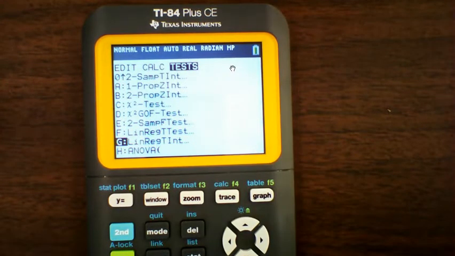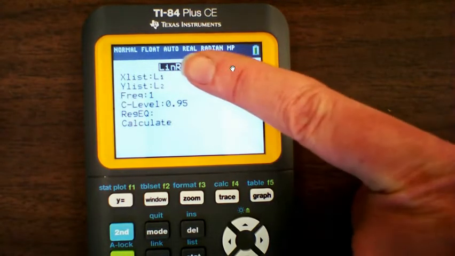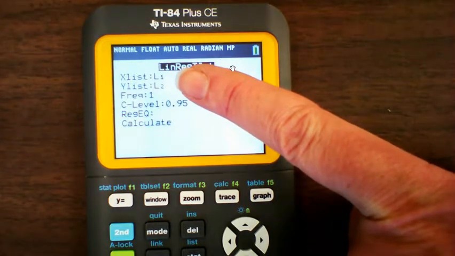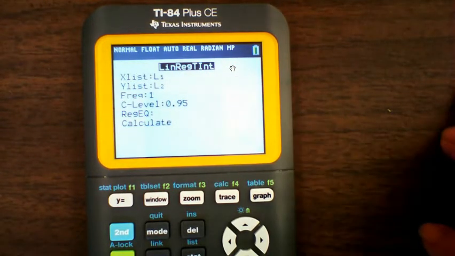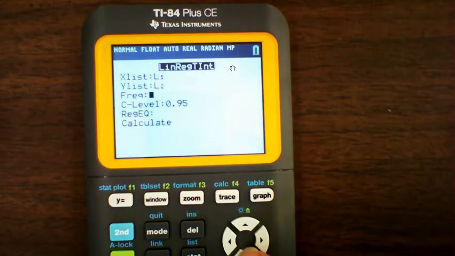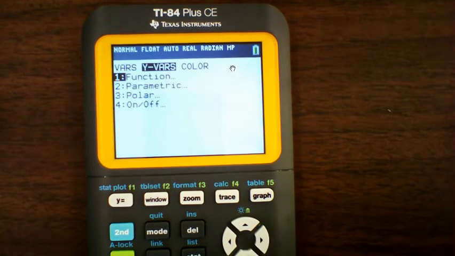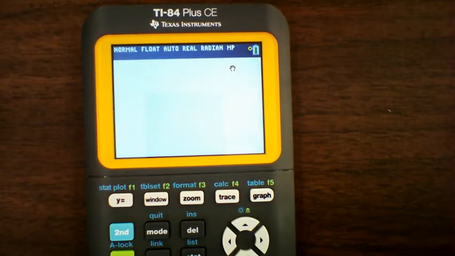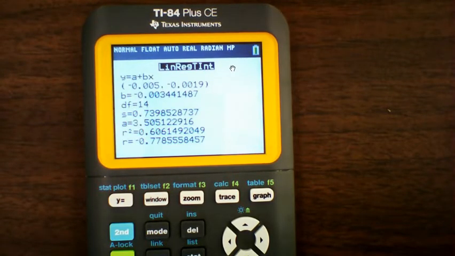Okay, so if I press that, with my data in L1 and L2, I haven't even entered the predicted equation in yet. And if I wanted it to store the linear regression equation, I could have it store it by hitting vars, Y-vars, function, Y1. So now it's going to store it in that Y1 location in my calculator, in case when I do the graphs later, it'll be there. And if I hit calculate,